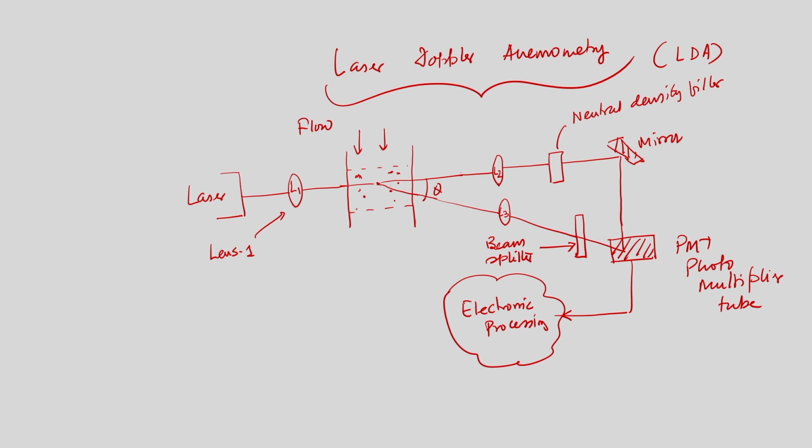So, this is the circuit we have discussed. I am not going to discuss it again. So, the laser is used to illuminate a particular portion of the flow field, that is our zone of interest, and the light is taken through a lens essentially to focus on a particular portion. So, this lens L1 is used to focus on a particular portion of the flow field, and the flow field has a few tracer particles. So, these are the tracer particles, which are seeded in the flow.